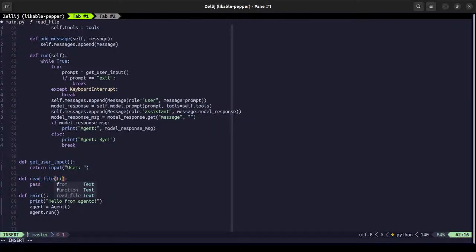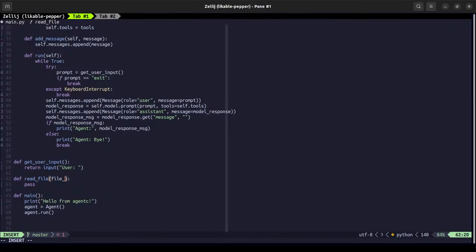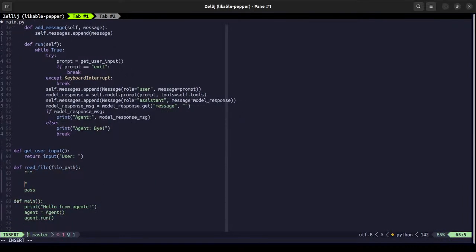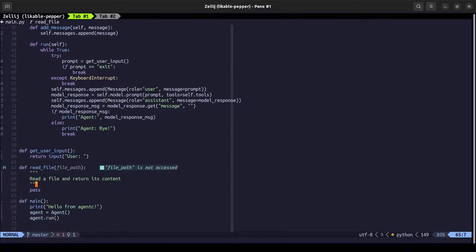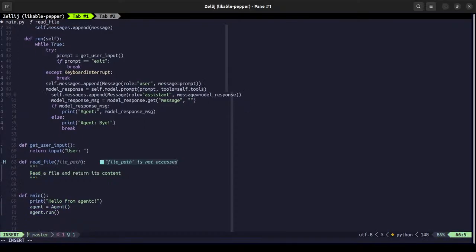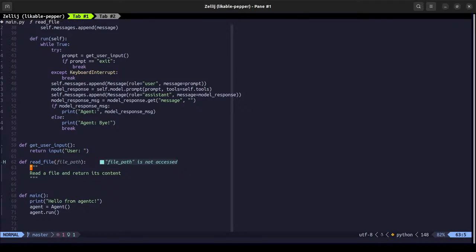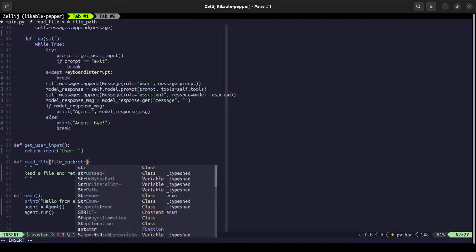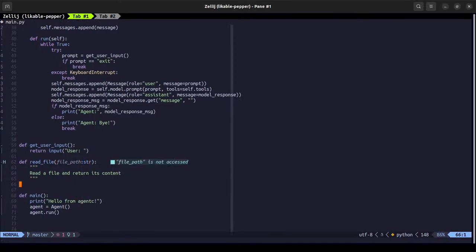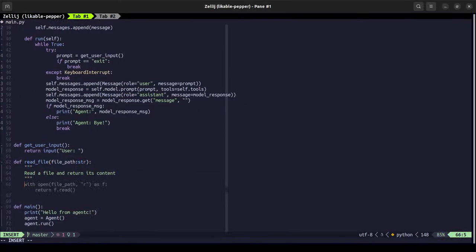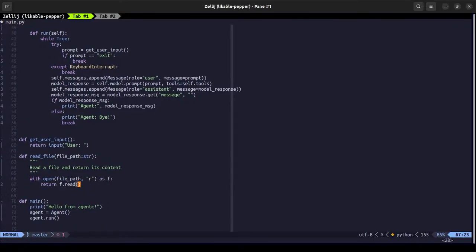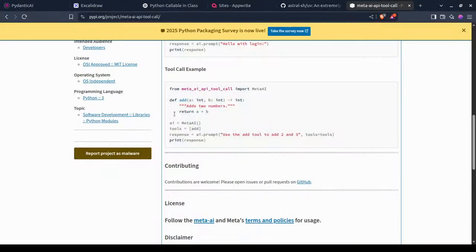So let's go with file path here itself, and then have a doc string, so that it can go with the string itself. Doesn't matter really. Yeah, that is that.